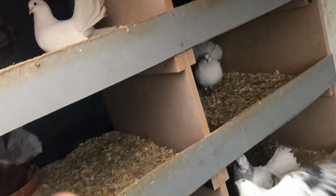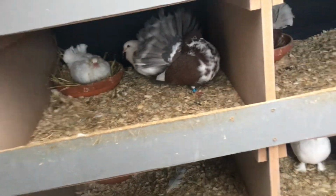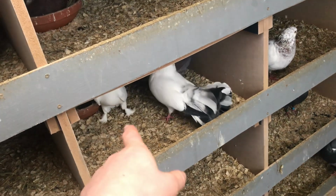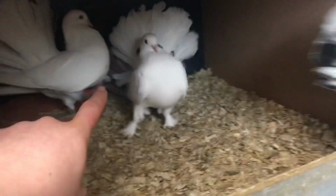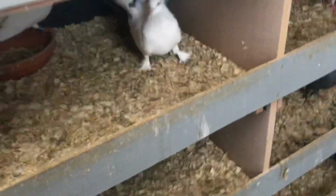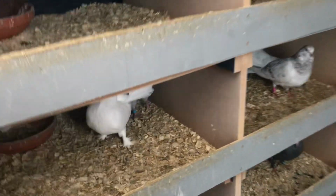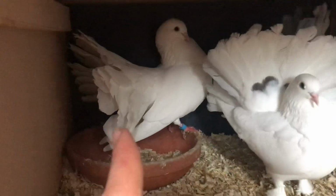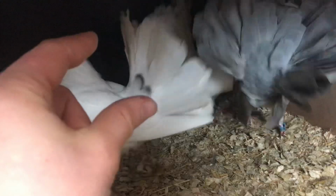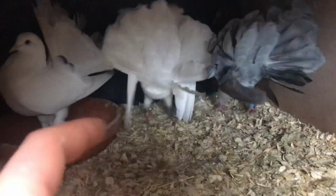Now, all these young ones that you see here will all be getting kept back. I won't be getting rid of them at all. Especially if I get nice boot ones from that little hen. Now, the way I set a little project to try and pair those two up? Well, they have actually paired up, so I'm pretty happy about that. Because I've paired them up in a way, because look at that huge tail that cockbird has. She has a smaller, shorter tail, somewhat. It's not as long. And the young ones will hopefully get...